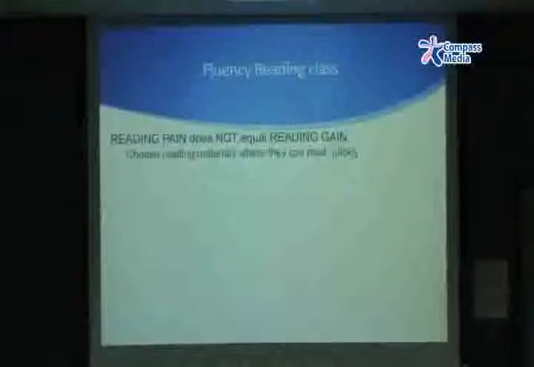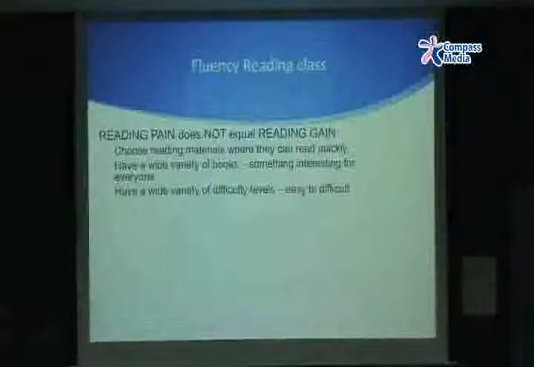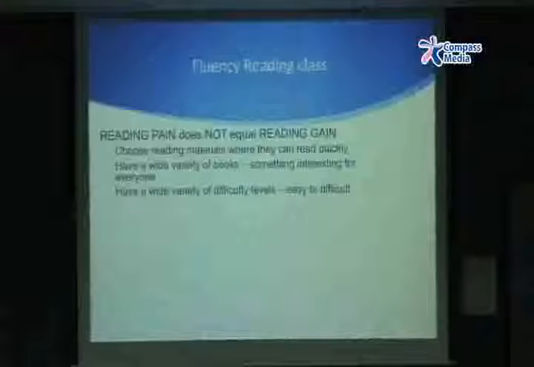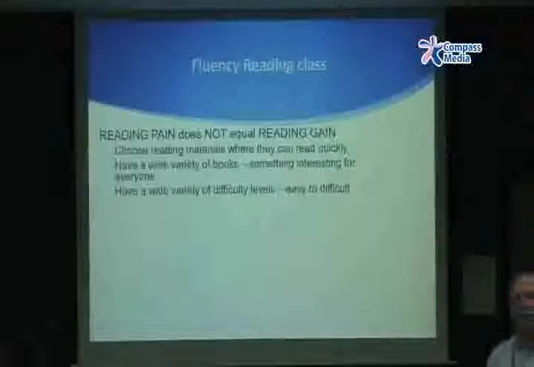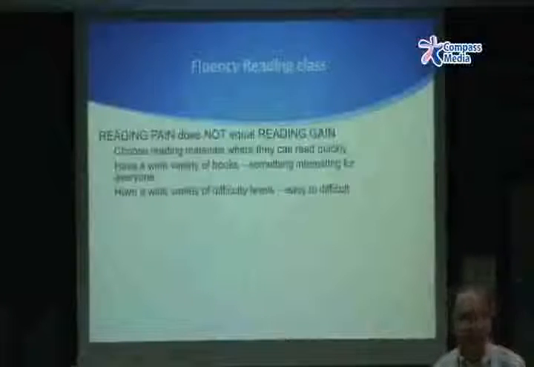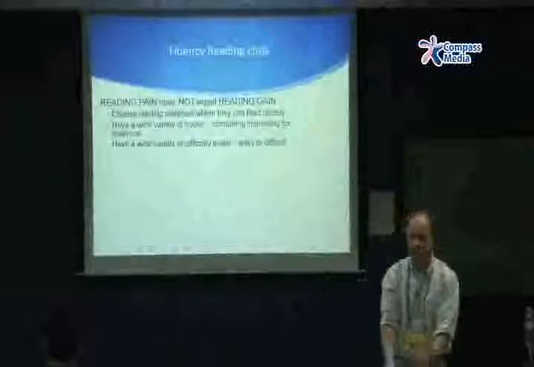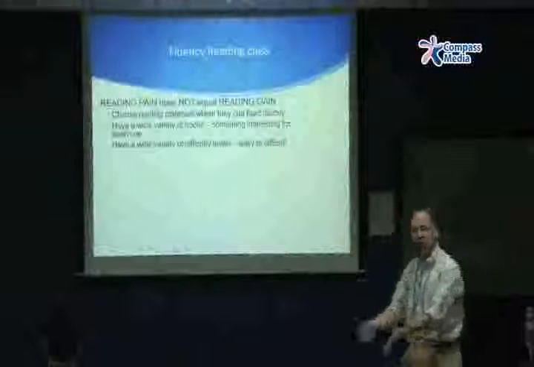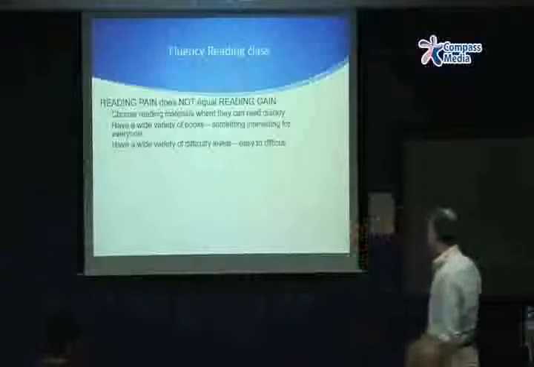Okay? Choose reading with soul. What you need to do is choose reading materials where they can read quickly. There's a wide variety of books out there. There's a wide variety of difficulty levels, because everybody's at a different difficulty level. You can have 2 sisters, twin sisters, both 14 years old, look at the same book, and one student's going to say, this is too difficult for me. And the other one would say, I want to give it a try. They've had exactly the same class, exactly the same teacher, 2 different attitudes to the same text. Yes? So don't assume that all your 13-year-old students are exactly the same in level. No, they're not. They're not the same in attitude either.